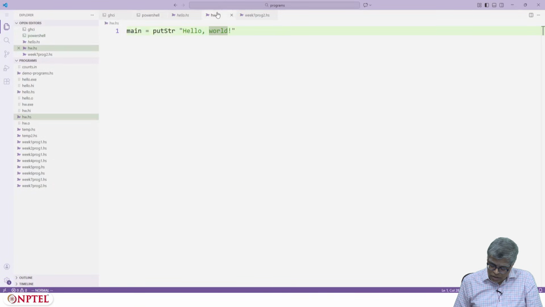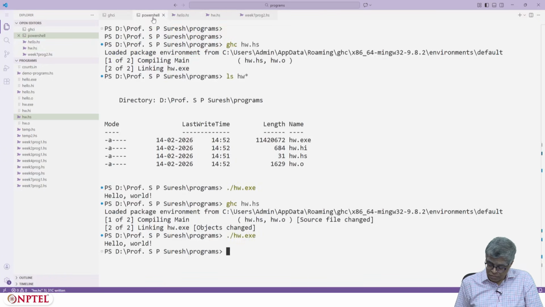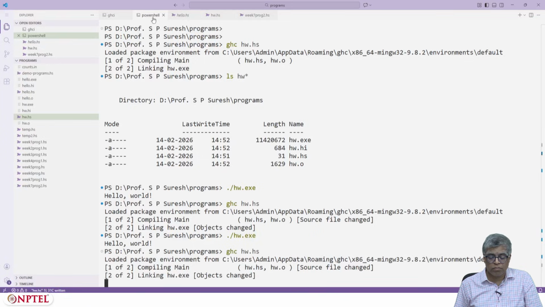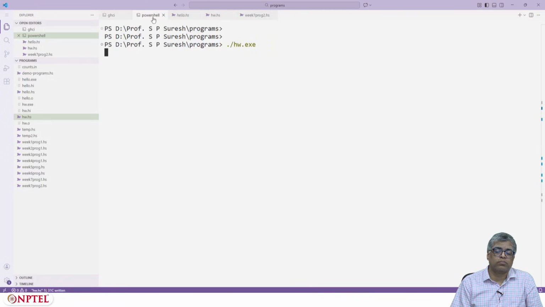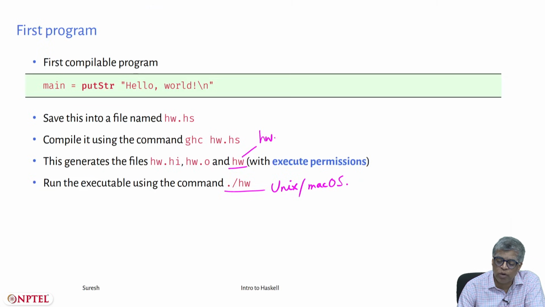Okay, so let me revert the backslash n here. Okay, good. So let me get back to the slides. I'll come back to demos a few slides later. Let us just anyway make a note saying that